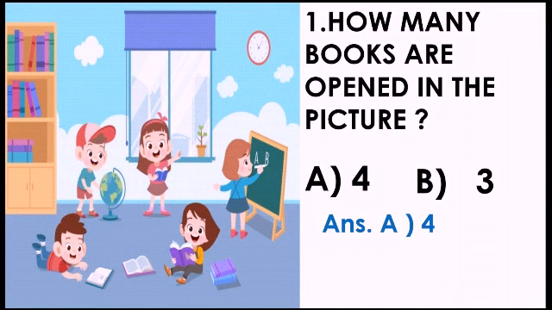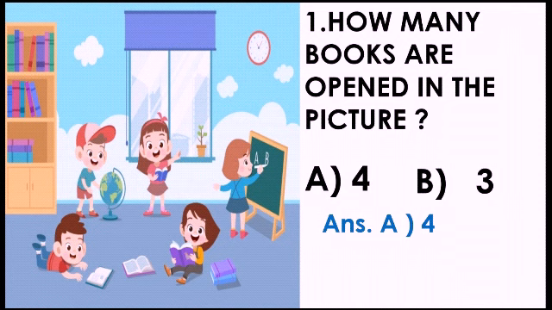Dear students, let's start our first case study. In this first case study, what you can observe is that on the left side there is a picture, and the picture is telling us a story. What story is it telling us? That a few characters are there. 3 girls are there and 2 boys are there. They are doing different things. Some of them are reading the book, one of them is writing on the board, and one of them is playing with the globe. So these are the characters doing things in the picture.